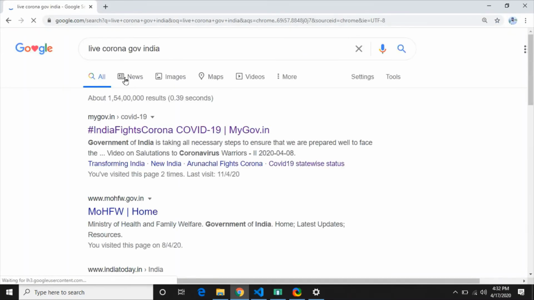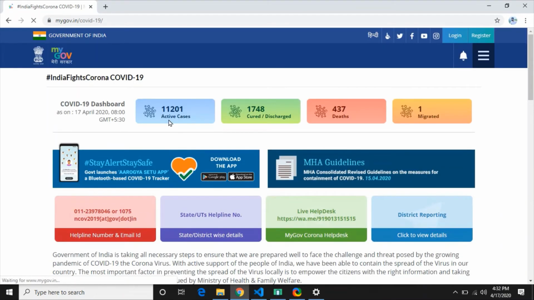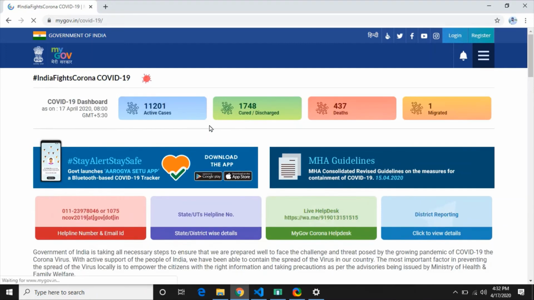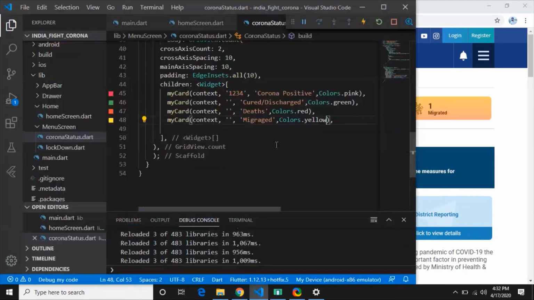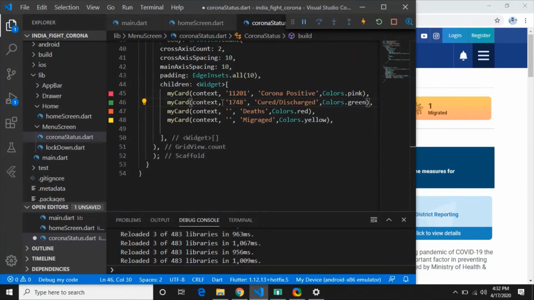So we can have these active cases 11201, and cured patients are 1748, 4378, and lastly we have one migrated. So if I save this, we will be able to see the effect.